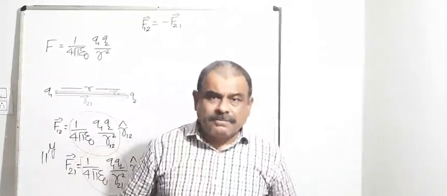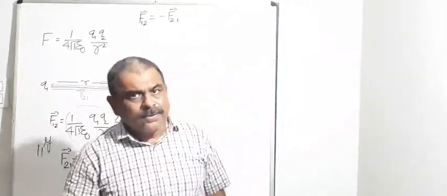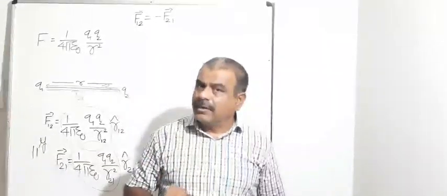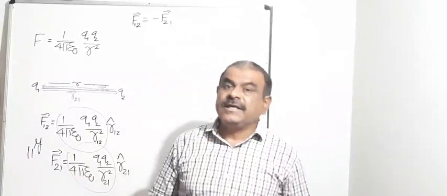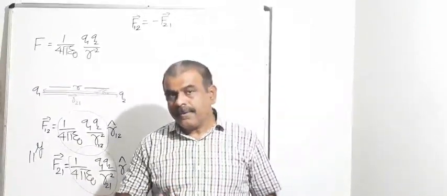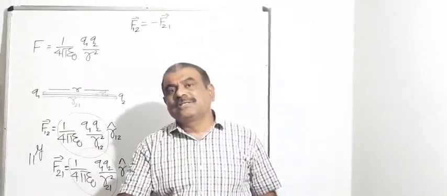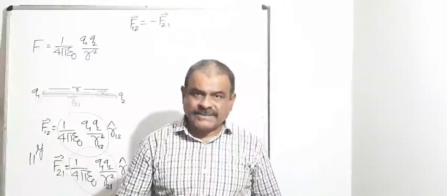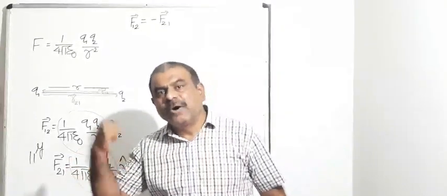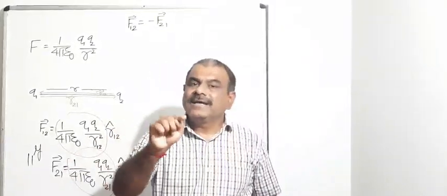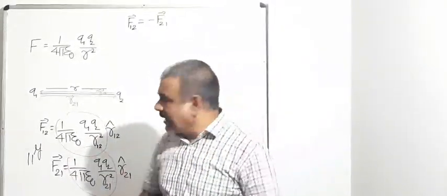But still there is a difference between the vector form of the gravitational law and the vector form of Coulomb's law. What is that? As far as gravitational force is concerned, it is always attractive. But Coulombian force may be attractive or may be repulsive. So attractive force will be represented by a negative sign, how I'll discuss, and repulsive force by a positive sign. How? See this.